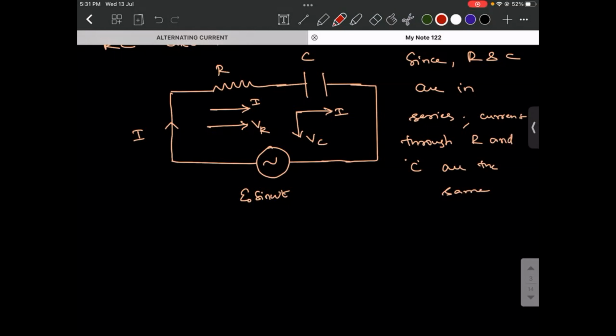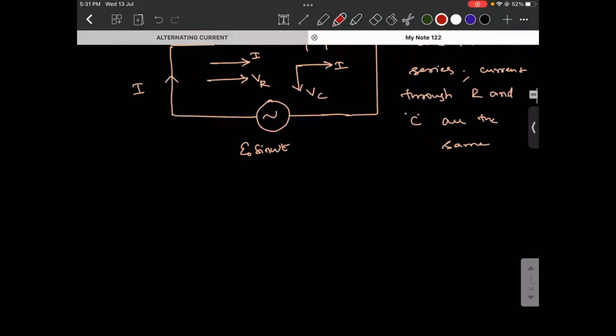So what we have done in this scenario is we have exactly done the reverse process of the one we did in phasor diagram for capacitor. So first we fix the direction of current and then we found out what is the direction of voltage across each device. Is that right? Now, for this whole combination, if I take the phasor diagram,